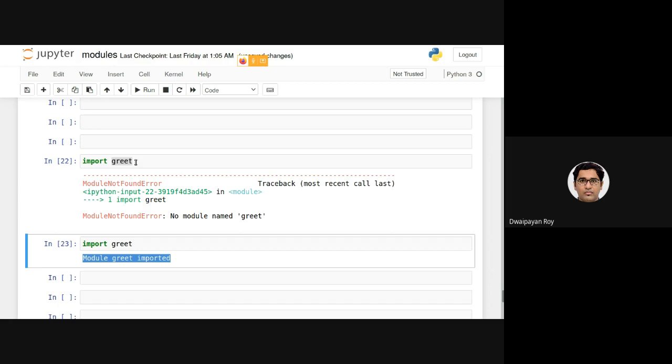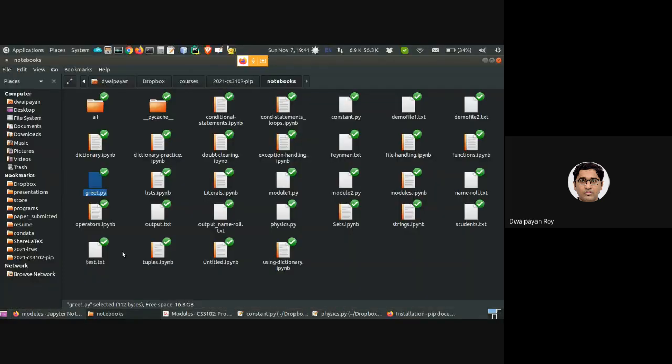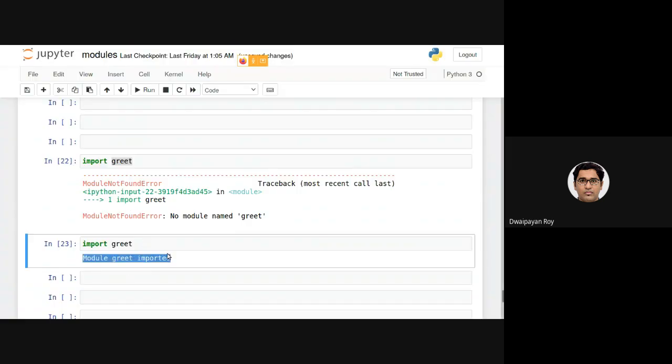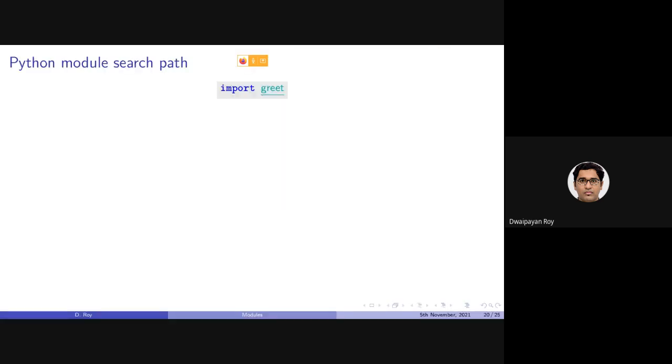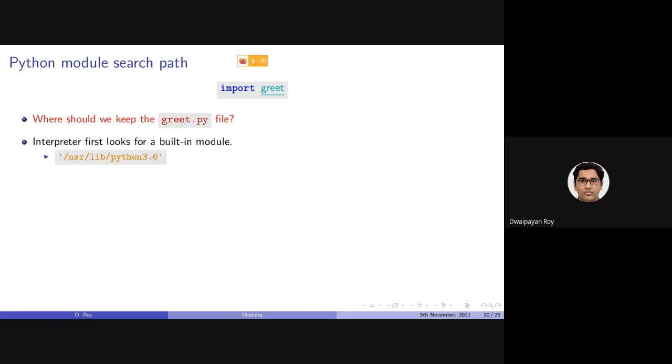Earlier it was not possible because this greet.py file was not in this directory. But now as I placed it here, we were able to successfully import this module. Now, in general, where to place these module files? The Python interpreter, while executing your code, will first look at your built-in module path.